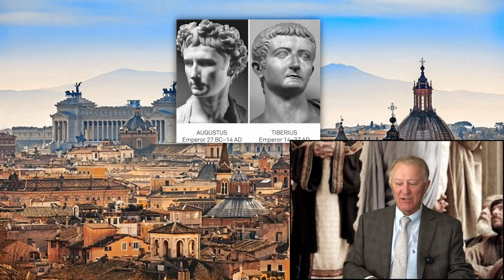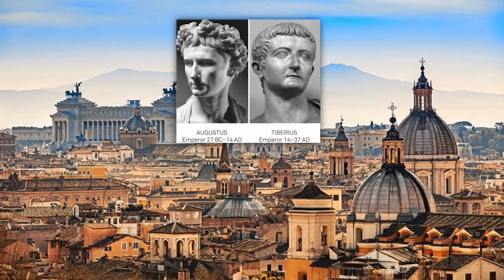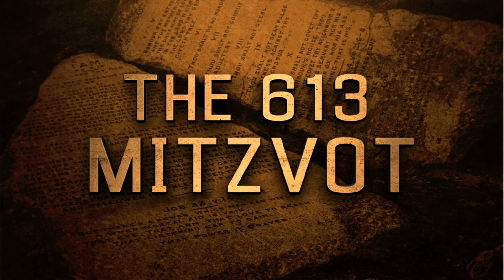But the one overruling set of laws, perhaps, with regards to the Jews, and in particular with Jesus, is that found in Hebrew law, or what is found in the Torah, the first 5 books of the Hebrew Bible. Now, at the time of Jesus, there were 3 levels of Hebrew law. At the core of Hebrew law were the 10 Commandments. However, surrounding those were 613 laws found in Exodus, Leviticus, and Deuteronomy, and these laws are referred to as the mitzvot.